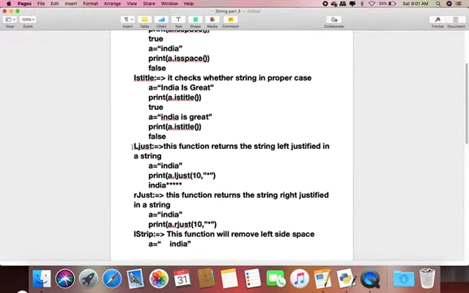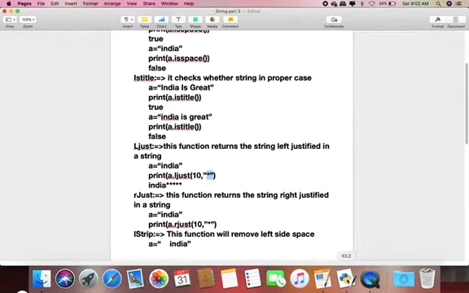Now my next function is ljust. This function returns the string left justified in a string. If I use a equal to India, then I write print a dot ljust 10 and comma star. After this my string length would become 10, and all the string will come to the left side, and in the remaining 5 places stars will come. We can set any length here, and the remaining characters will become this star sign.